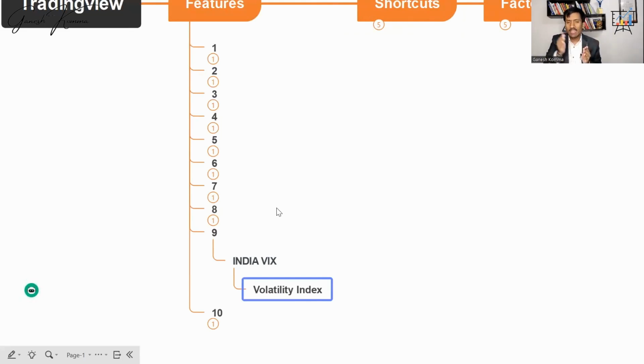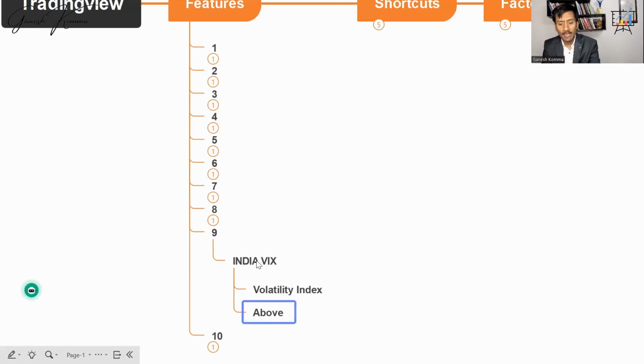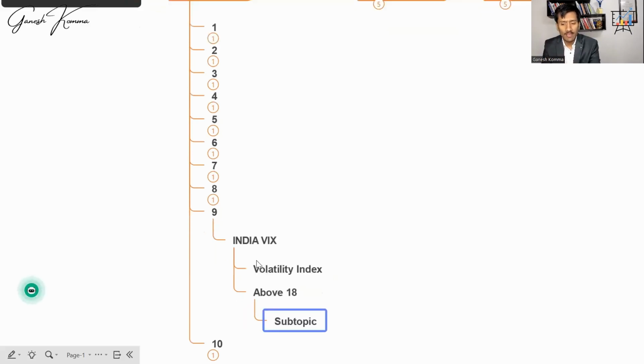Yesterday, it had a small increase, right? From 10.23, it went up to 11.5, 11.4 levels like that. So the volatility index tells you the heat map of the market. You should be more worried if India VIX is crossing 18 and above. If you just note it down here, above 18, India VIX is